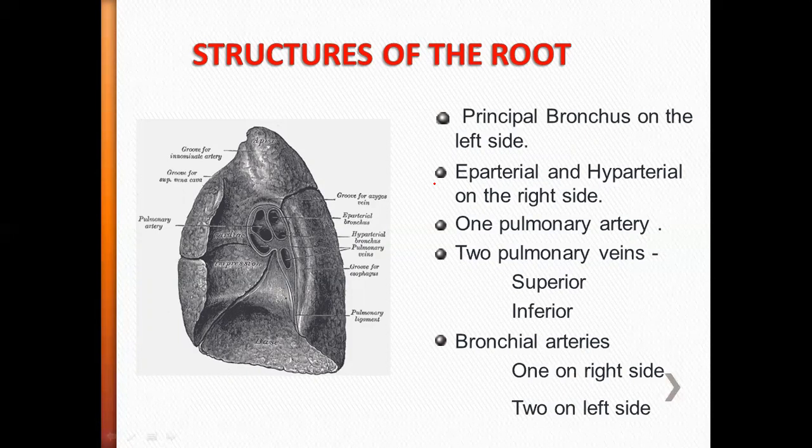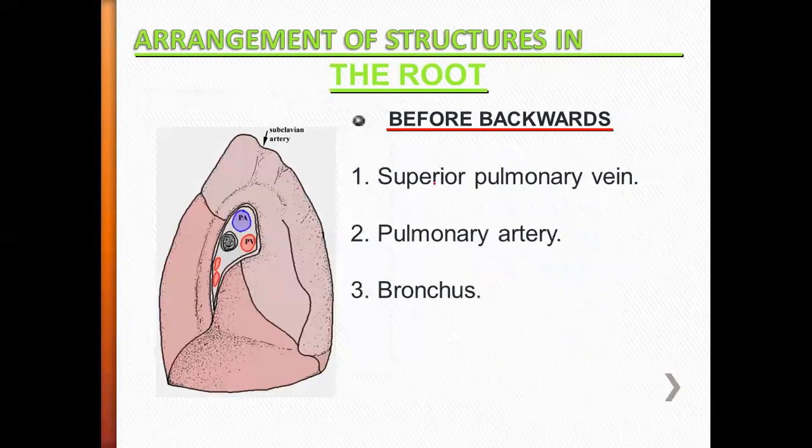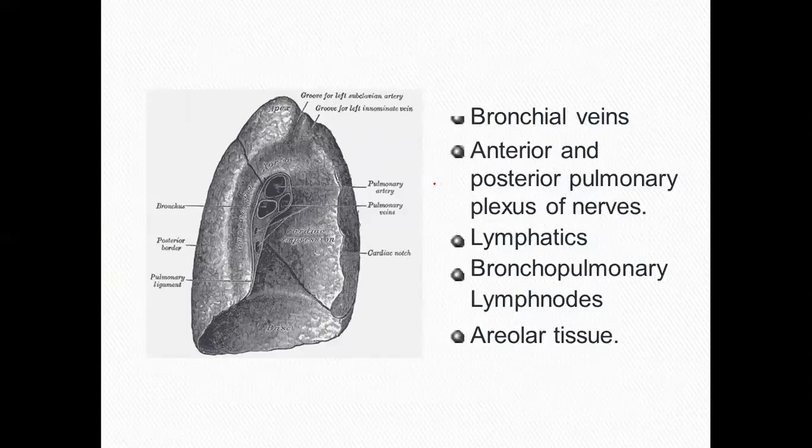We will be having bronchus. Remember bronchus, yesterday in class I told you about the bronchus. There is a trachea. Trachea will be divided into the bronchus on both sides, right side and left side. Then the bronchus will be entering. So that is the primary bronchus. Then after that it will be divided into secondary, then tertiary, and so on. So that entry point is there, right? So both sides will be having the bronchus. Then apart from bronchus, we'll be having arteries, veins, and some plexus, then some areolar tissue. Okay. So let's see how many bronchus, how many arteries, how many veins we will be having.